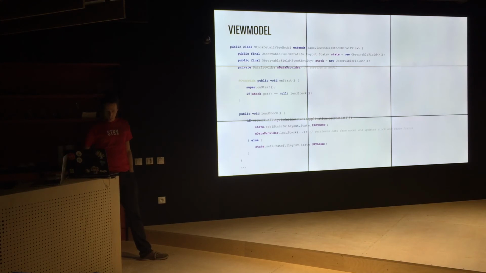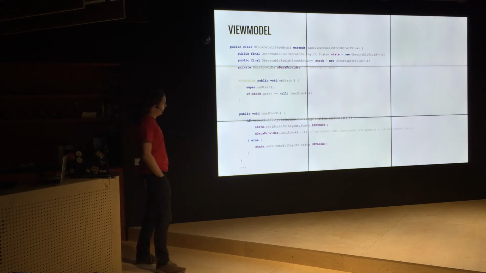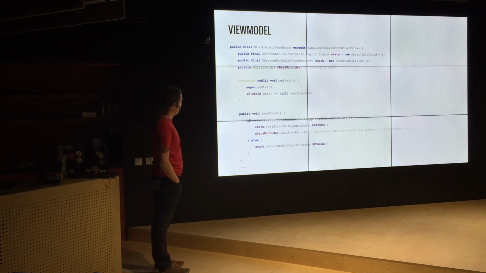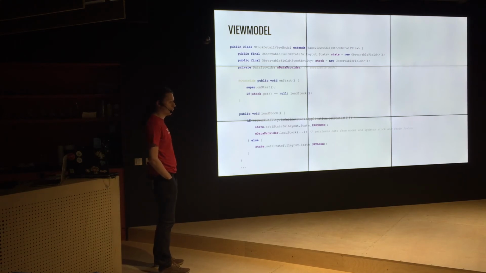And the view model has two observable fields: a state and a stock. It's some data entity. And there is also some data provider. It's a good idea to inject this data provider, and it represents a model. And in the onStart method, I will check if I already have the data loaded, and if not, I will load